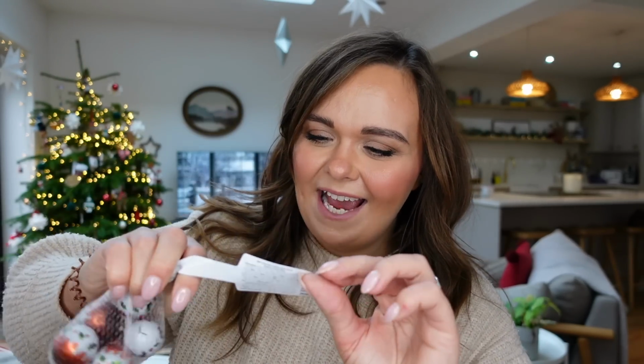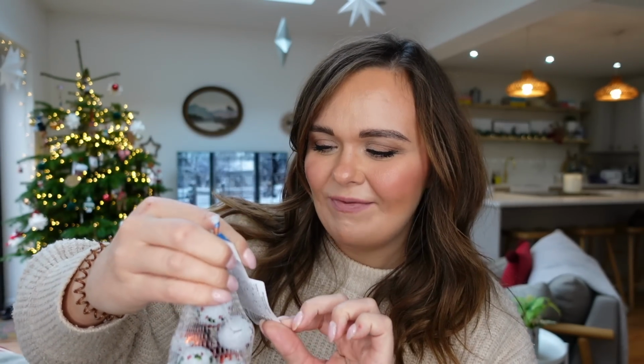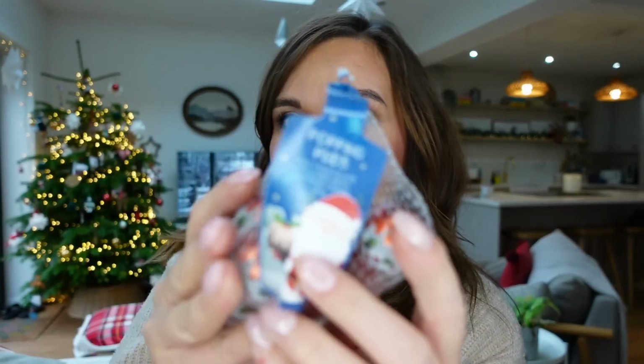So yeah, got those. I also got these Christmas puddings because I thought they were really cute, and they have popping candy in the middle and they're milk chocolate praline. I think these would be really yummy to have in a stocking. I don't have a stocking. I do the stocking for my kids, but I don't have one. But if I did have a stocking, stuff like this would be very welcome, and like a bath bomb or something,